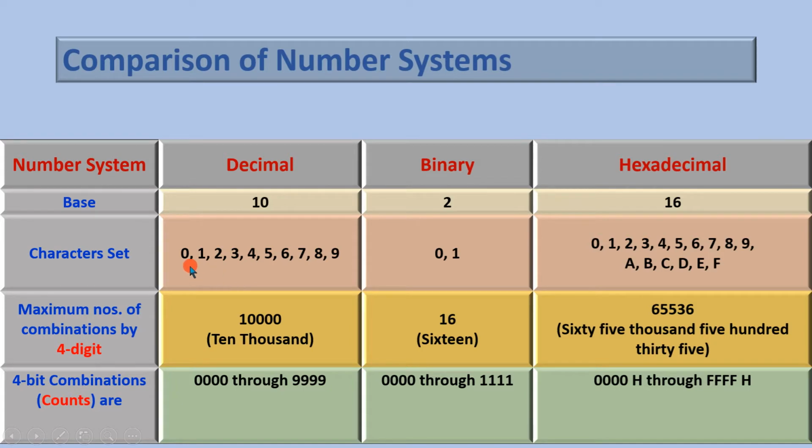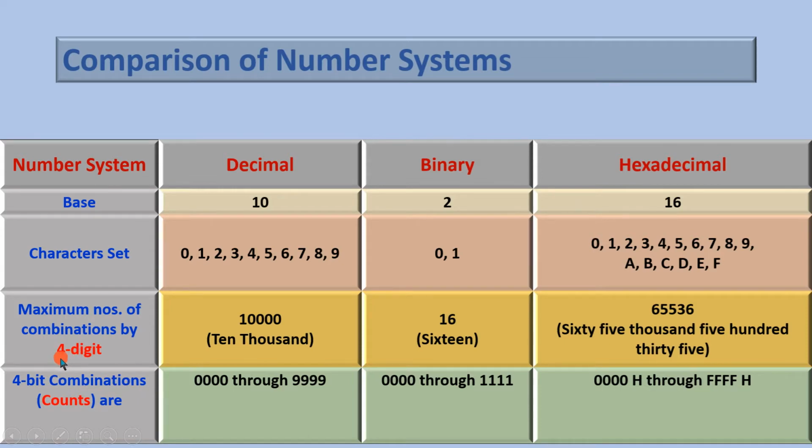For the decimal number system, we have 10 characters: 0, 1, 2, 3, 4, 5, 6, 7, 8, 9. Only 10 symbols are in it. That is the character set of this decimal number system, right? And it is a positional weightage system, right? And the positional weights in the given numbers are the increasing powers of 10. You have studied all these things in last year's class, right?